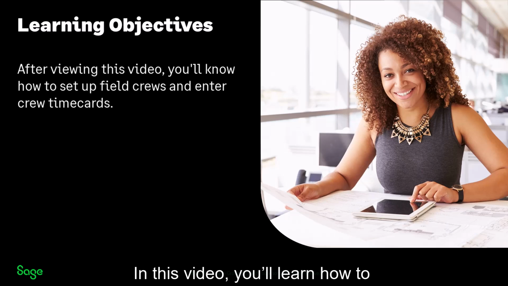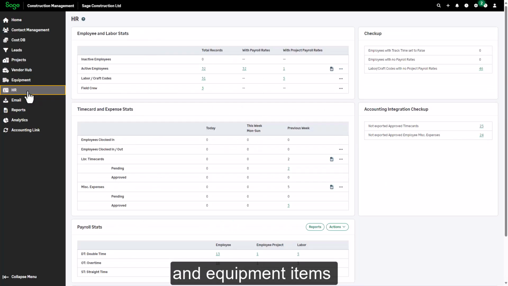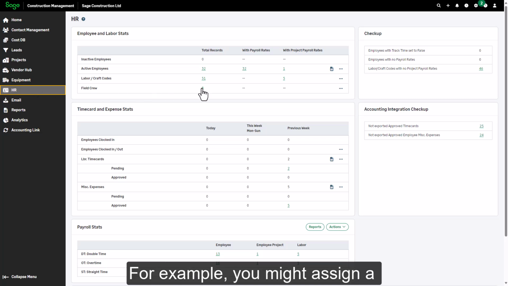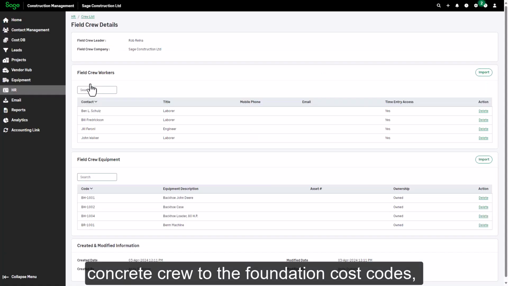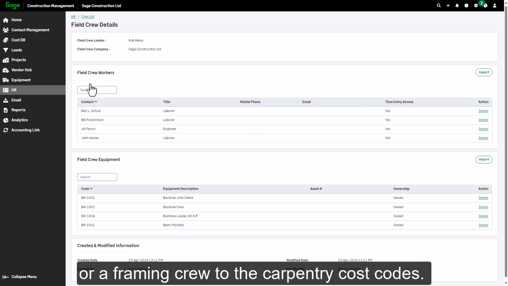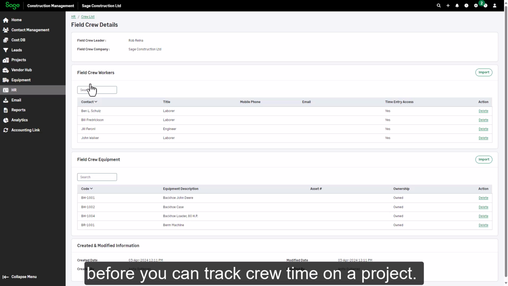In this video, you'll learn how to set up field crews and enter time cards for crews. Field crews are groups of employees and equipment items that can be assigned to logical scopes of work. For example, you might assign a concrete crew to the foundation cost codes, or a framing crew to the carpentry cost codes. You'll need to set up crews in the HR module before you can track crew time on a